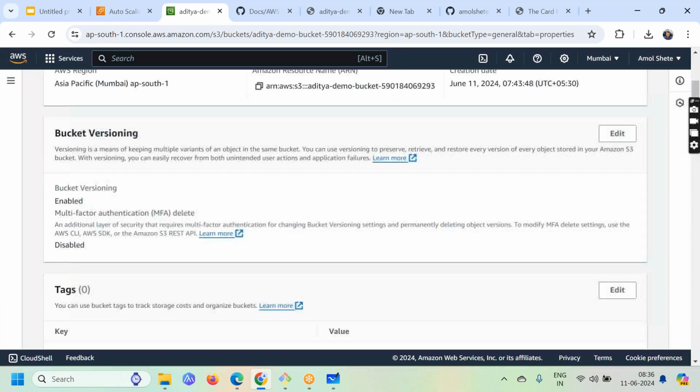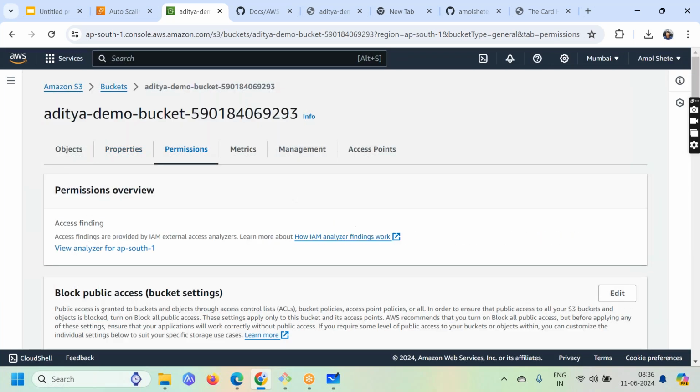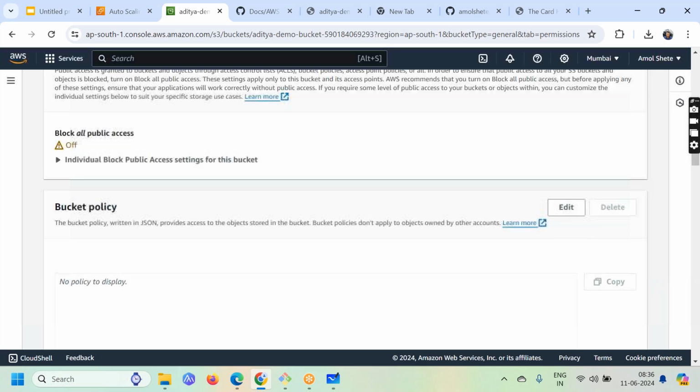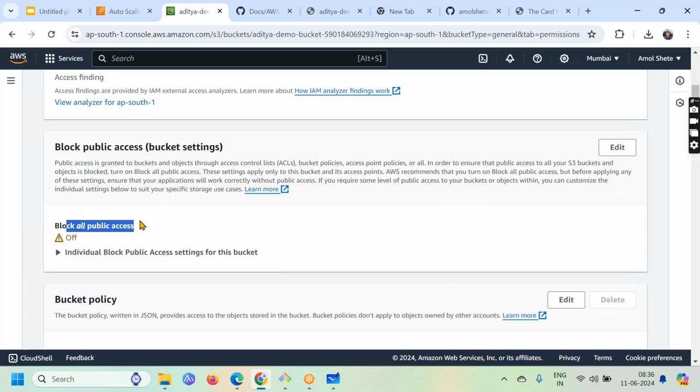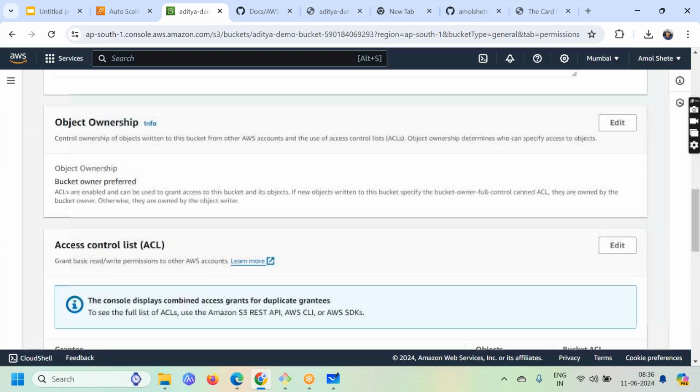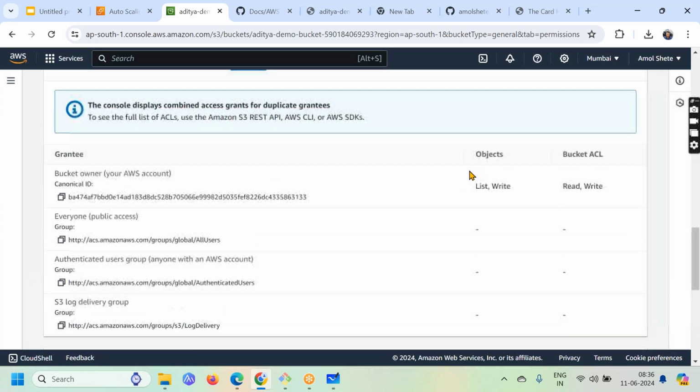Second thing, you will go to your permissions. Inside permissions, you make this change, turning off the block public access, so you just have to untick that blocking access. Third thing, you come here and make the ACL changes, but you cannot make the changes directly. First of all, you have to allow the ACL changes, and after that you will be